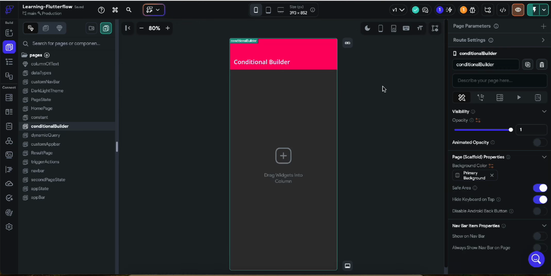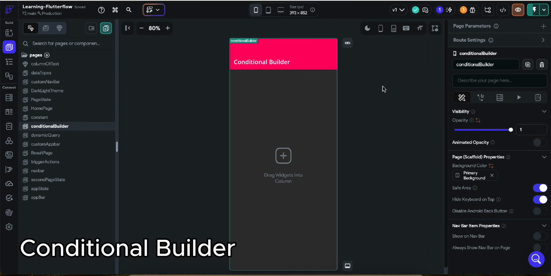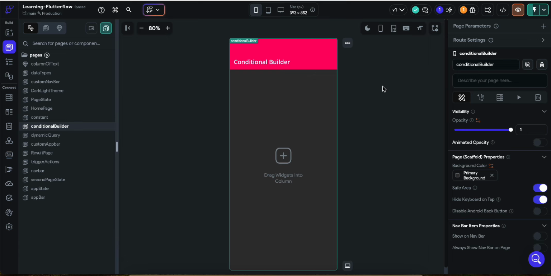So today we are going to talk about conditional builder. In the previous video I said that the next video would be on custom nav bar, but I have noticed that there is one more feature which you may not know right now. So I thought to create a video on conditional builder first, and then we are going to create a custom nav bar. Okay, so let's talk about